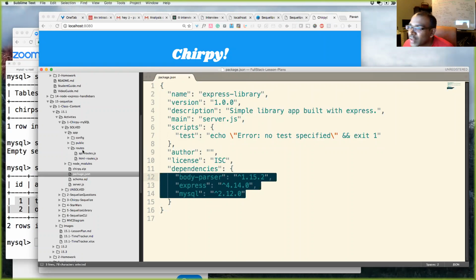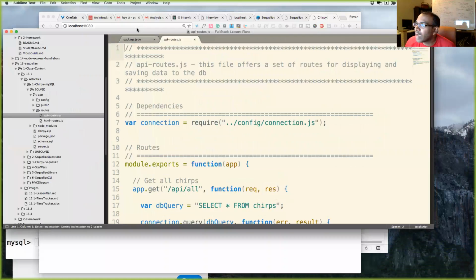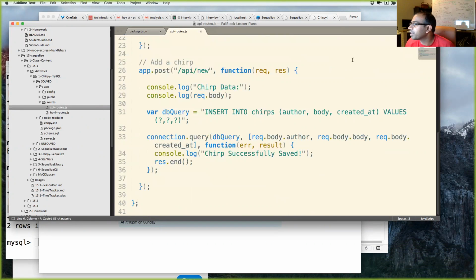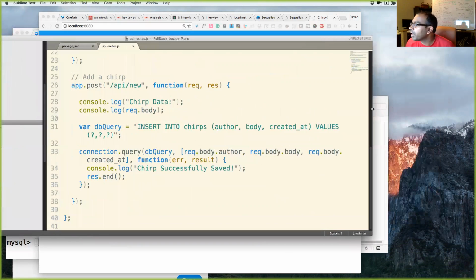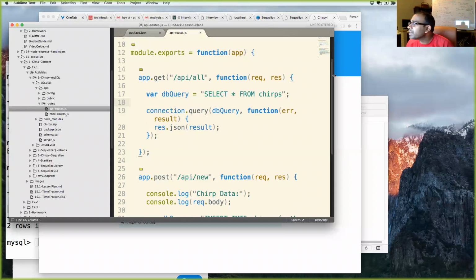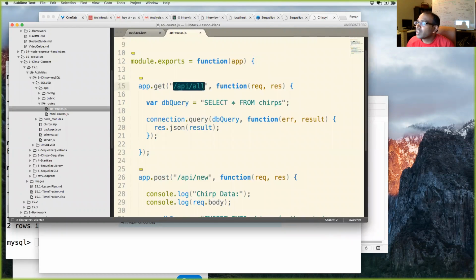Awesome. All right. So now we have a routes file, and if I open up the routes, we have this, and again, there's no Sequelize right now, but we'll get into it in a second. Just want to make sure we're all clear on basic Express stuff and MySQL stuff before we head into Sequelize. So I'm going to quickly bold all my comments here so it's a little easier to read. And we see this API/all, and we have this right here. And what this is, it's a get request. And how is this a get request? Anyone other than Limbert?